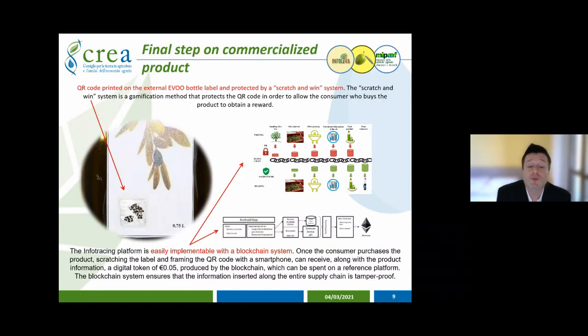And then in the end, what's happening on the bottle when it goes to the retailer. We decided to structure a system using a scratch and win solution. This can be thought of as a gamification method. There is a QR code, but this QR code could be read by others. To ensure the consumer, we decided to cover it with a special paint that can be scratched to read the QR code. In this way, you can scan, and through a mechanism, the person who buys can have a reward,